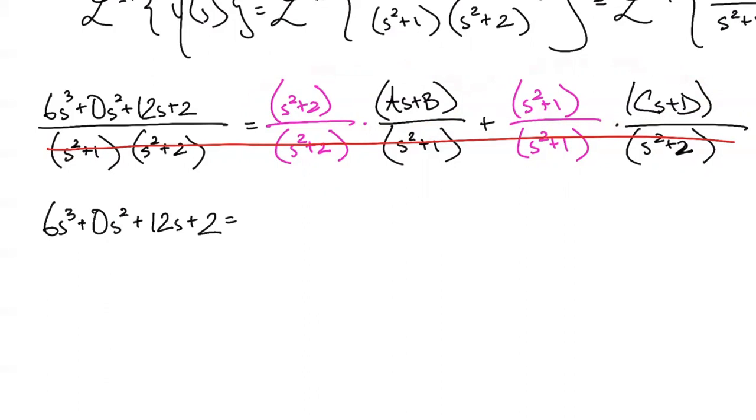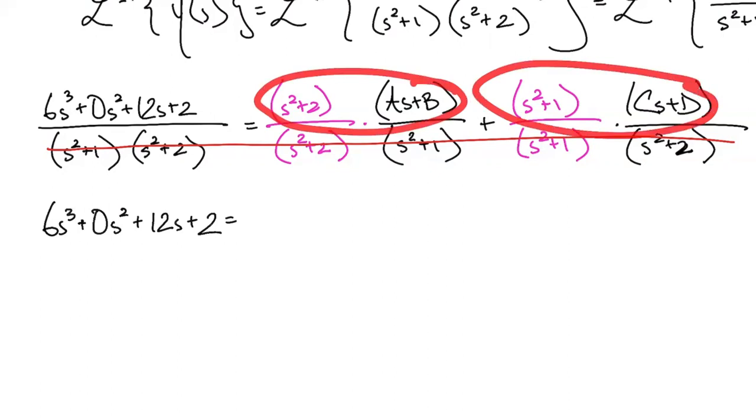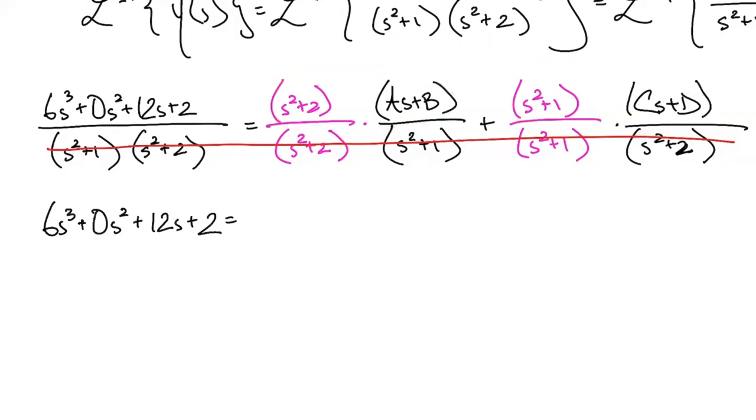Yeah, we have s squared plus 2. There's no real solution for that. And then we have s squared plus 1, and there's no real solution for that, right? So when we have this irreducible quadratic factor, our hand is forced to actually do a system or a matrix, okay? And so for that reason, I'm going to go ahead and FOIL these out as I write them in the next line, okay? So I'm going to get a(s) cubed